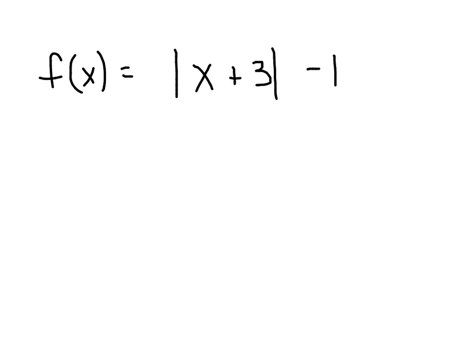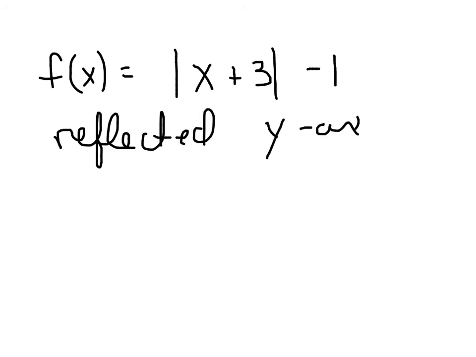Then, if I took the same thing, what did I have? Plus 3, minus 1? And we reflected it this time over the y-axis, just like the one where I shifted it to the left or to the right. I put just the x in parentheses, didn't I? So now what's going to happen is